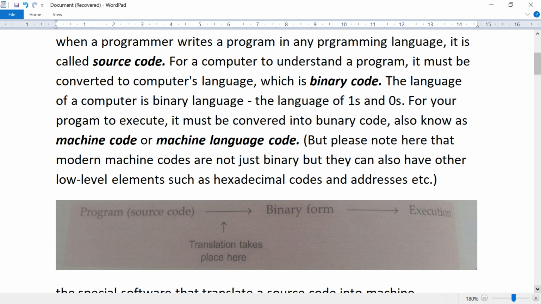There are broadly two types of translators. One is compiler and the second one is interpreter. The job of both these translators is to convert source code into machine understandable code that the computer can execute.